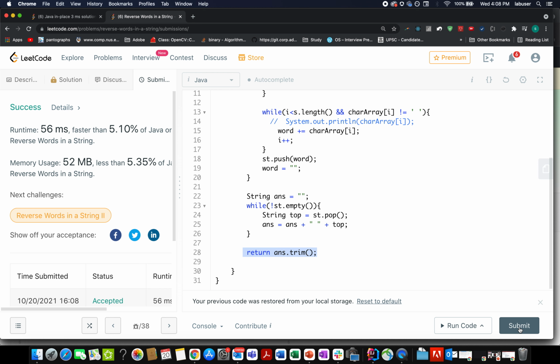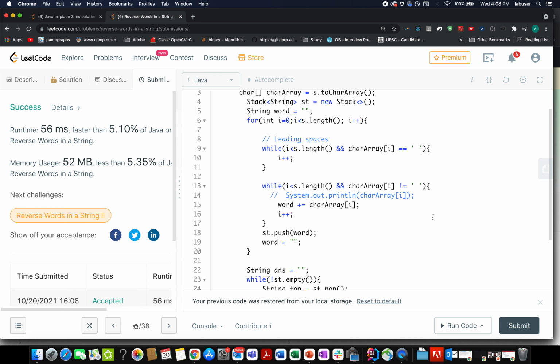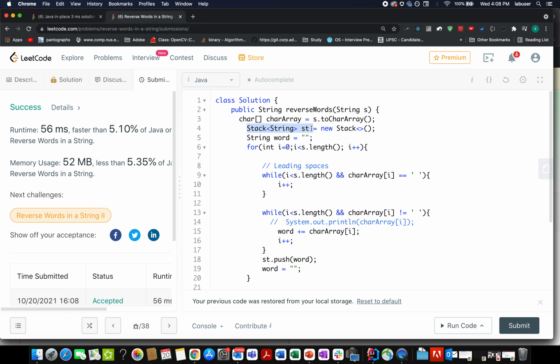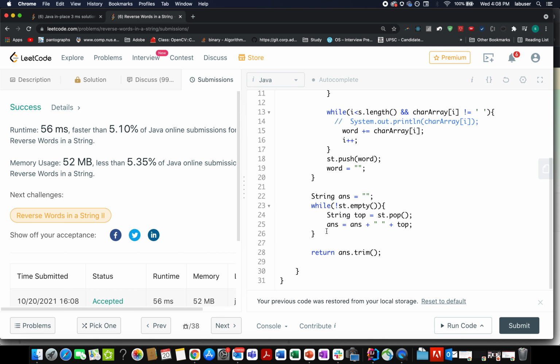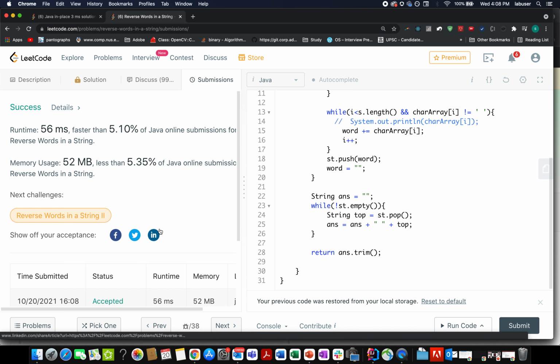I am aware of the fact, because I'm using extra space here in terms of having a stack. The stack is adding to the complexity in terms of time. Therefore, it's not a very good approach to solving it. But the other approach that I communicated in the presentation, guys, please try that out. It's not that complicated. It's just more of a code-extensive thing.